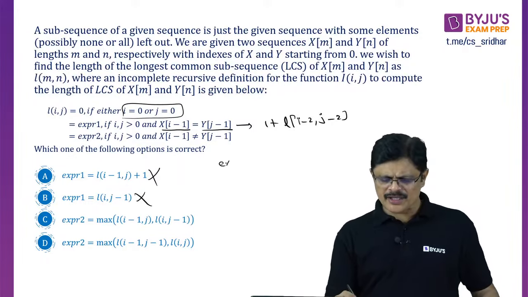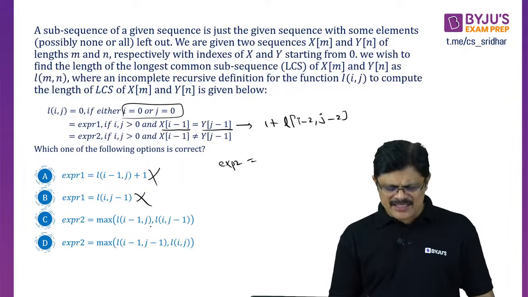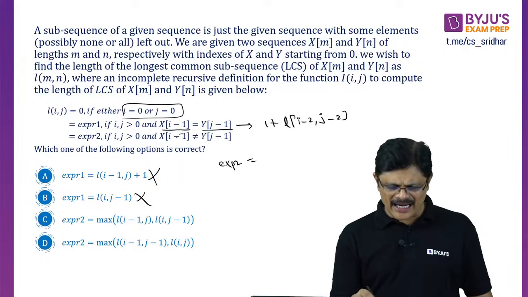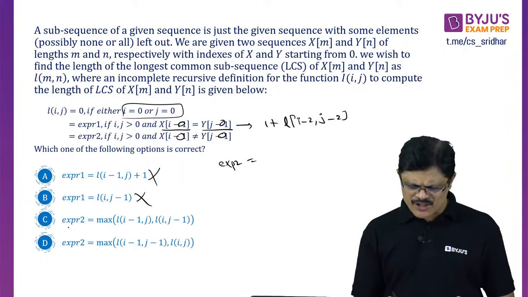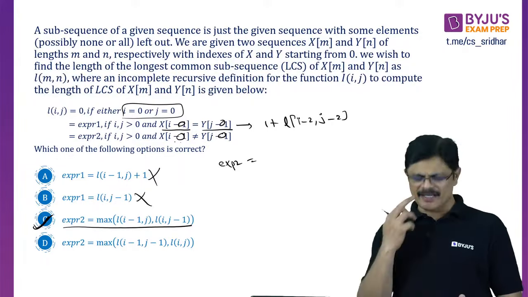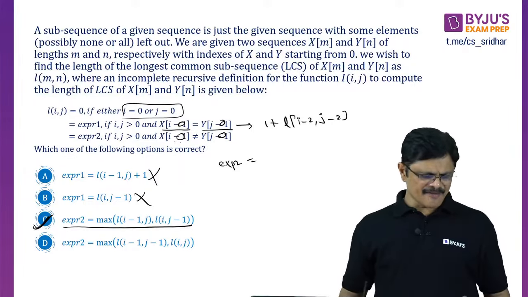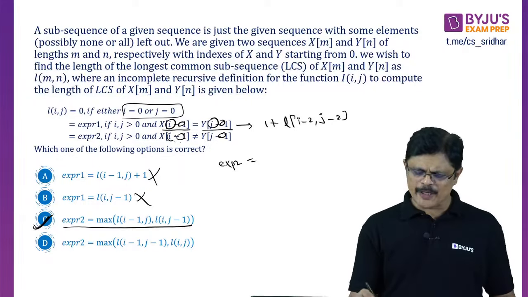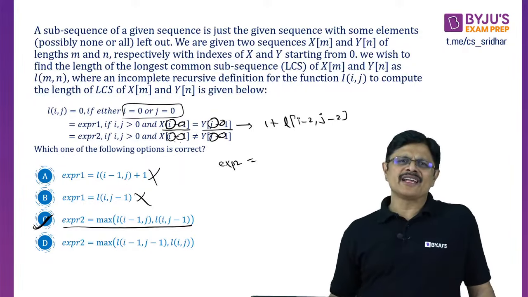What about expression 2, sir? For expression 2, so maximum of L of i minus 1, j and L of i, j minus 1, my dear friends. Actually it should be i, my dear friends, but people gave i minus 1. So if it is there, then this should be the correct answer. Am I clear? Assuming it is i and j, that should be the correct answer. Is the idea clear? C is the correct answer. Actually it should be xi and yj, sir, but they gave xi minus 1. So we have to tally the given one with that.